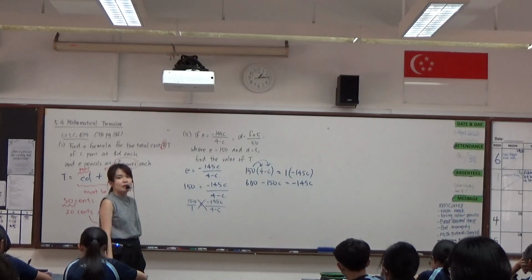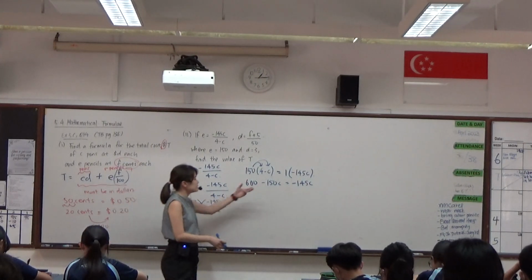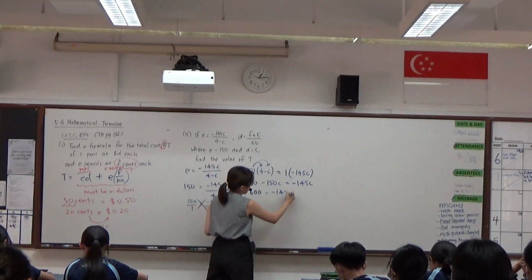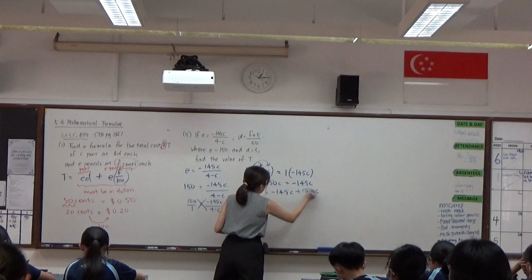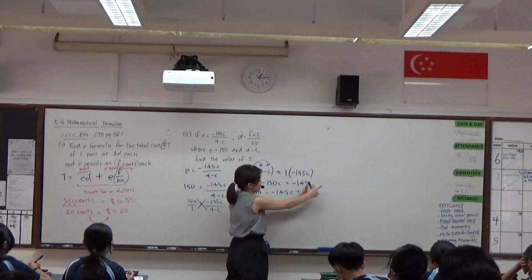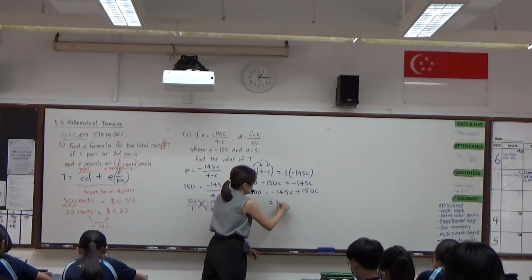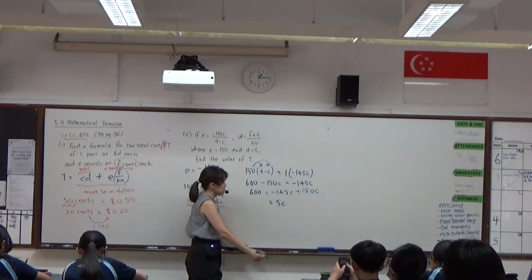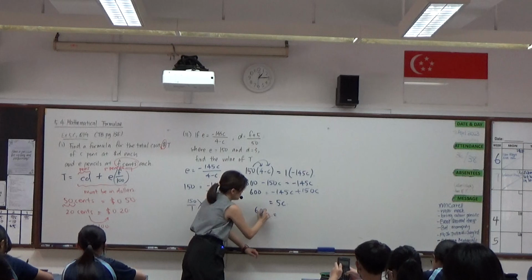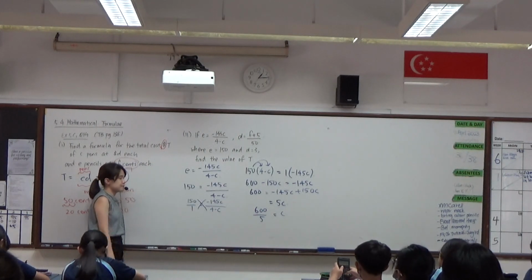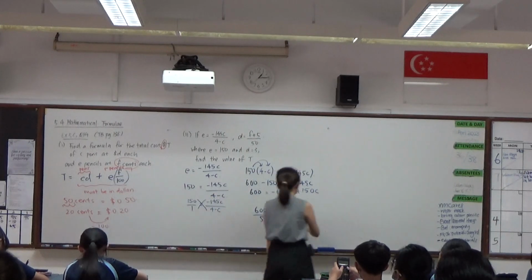Place all the C's on one side, up to you what you like. What I would have done is to place the negative 150C over the other side to get this, so that I have 5C and then 600 divided by 5, you will get C, and C equals